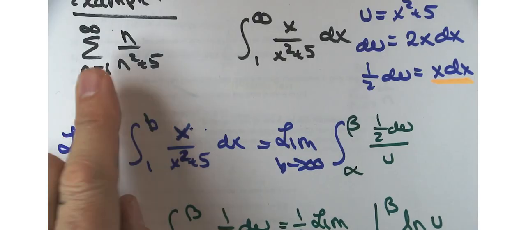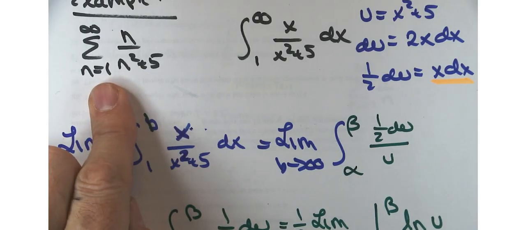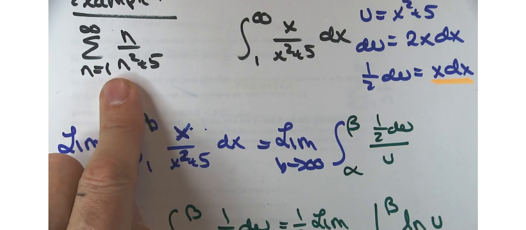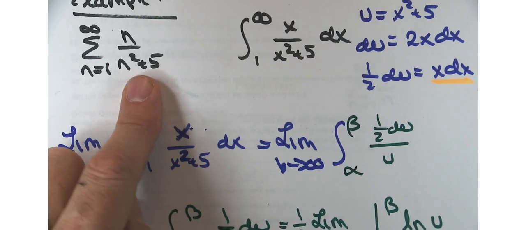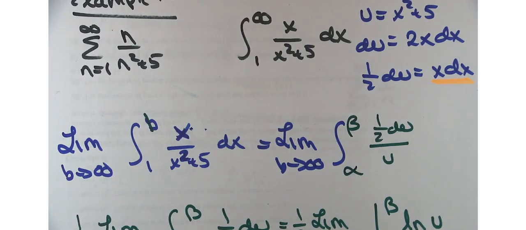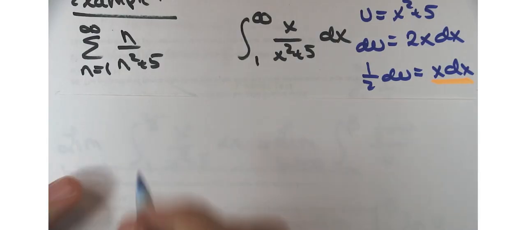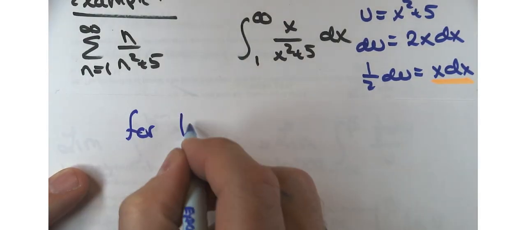As you start putting in larger and larger numbers, 1,000, a million, a billion, a trillion, is that plus 5 going to make a really big difference? No. So what if we were to ignore it? What if we just pretend that wasn't there? For large values of n